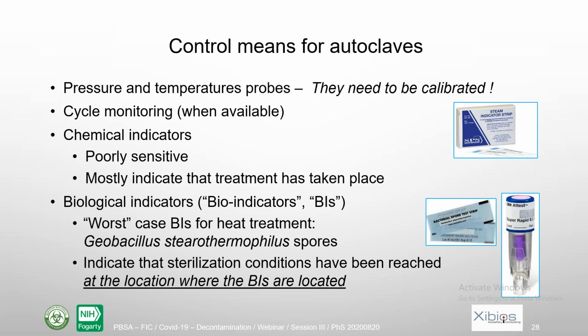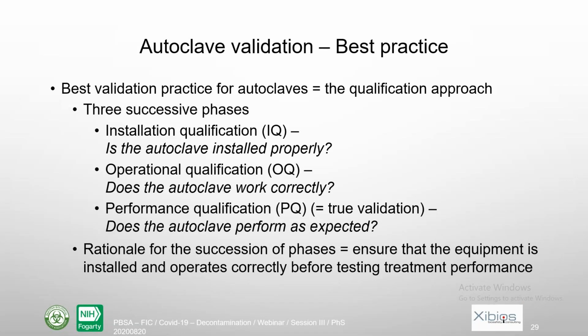फॉर एग्जांपल, वो ये नहीं बताते कि क्या वाकई डिकंटामिनेशन हुई है या नहीं। दूसरी चीज़ है बायोलॉजिकल इंडिकेटर्स। ये वर्स्ट केस में हम इस्तेमाल करते हैं, जियोबैसिलस स्टेरोथर्मोफिलस स्पोर्स को, जो कि हाई टेम्परेचर रेजिस्टेंट हैं, और जब तक वो टेम्परेचर अचीव नहीं होगा, तब तक ये इंडिकेट करेगा कि क्या वो रिक्वायर्ड टेम्परेचर अचीव हुआ था या नहीं, ड्यूरिंग द प्रोसेस ऑफ ऑटोक्लेव।